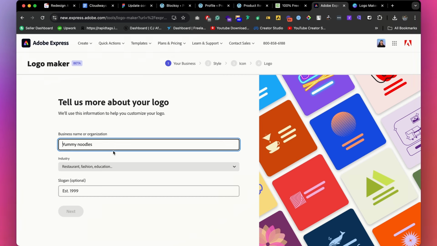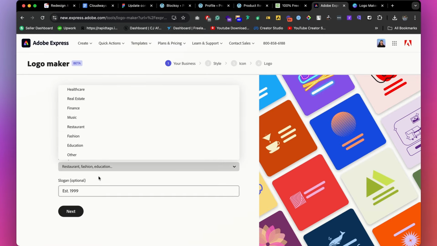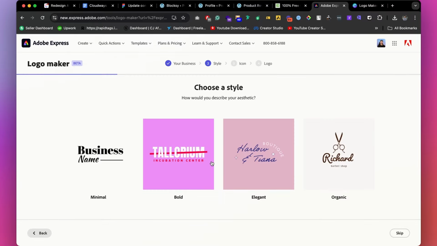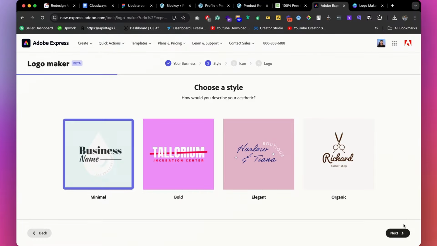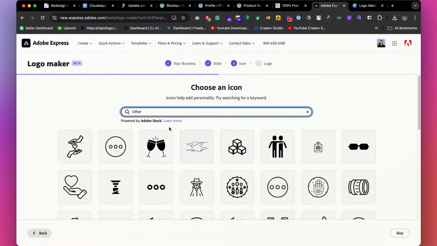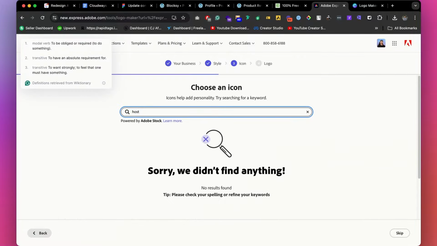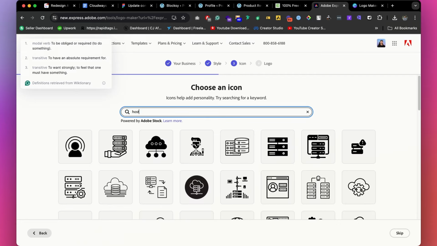Okay, so let's do it. Let's type here as a tutorial, and then you need to choose the industry. So I'm gonna choose other, next, and then which logo style you like, bold, minimal, how you want. So I like minimal, let's say. And we need to choose an icon here, so let's say hosting, so it's gonna be host. So I say hosting,